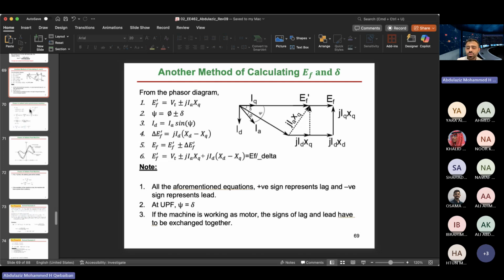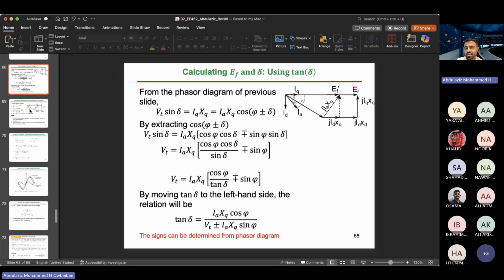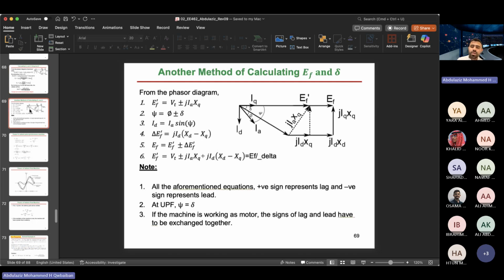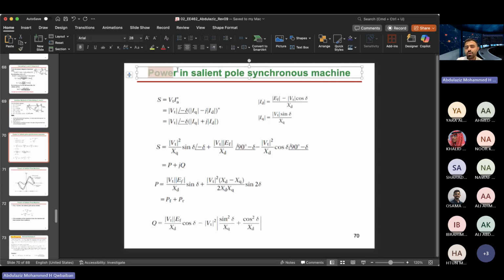What is the consequence? Why in salient pole do we worry about EF and delta? For a very interesting phenomenon that we will explore now. This phenomenon has to do with the power. If you calculate the power, start with S, where you will have,